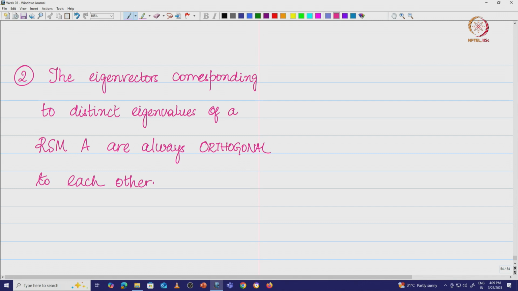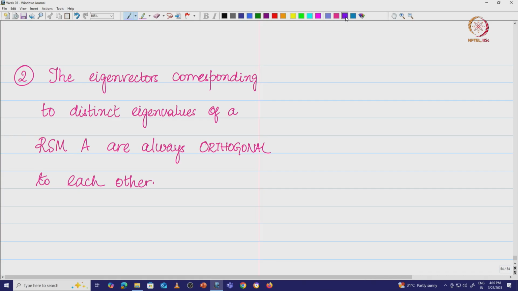That means we have already seen that the eigenvectors can be used as a basis for the column space of A. Here we see that the eigenvectors being orthogonal, all you need to do is just make them unit vectors by dividing by the length of the corresponding eigenvector. We end up getting an orthonormal basis for the column space of A using the eigenvectors. So, that is pretty interesting, right. We will see that this fact is what is exploited in your principal component analysis of the covariance matrix. When you do, you will use this fact.